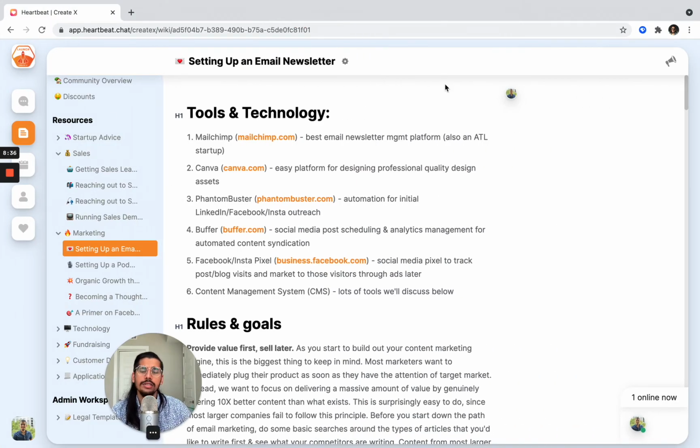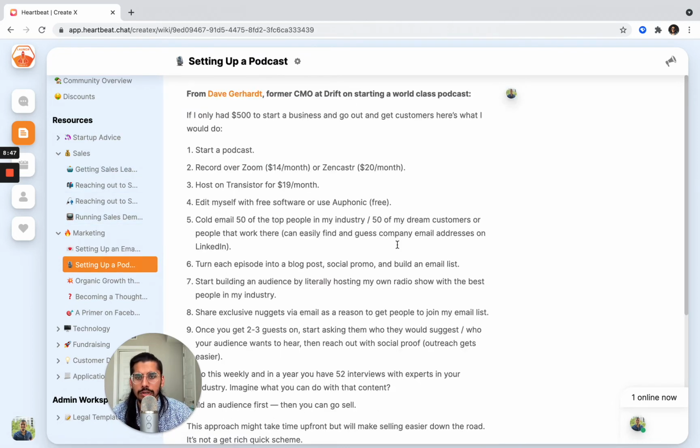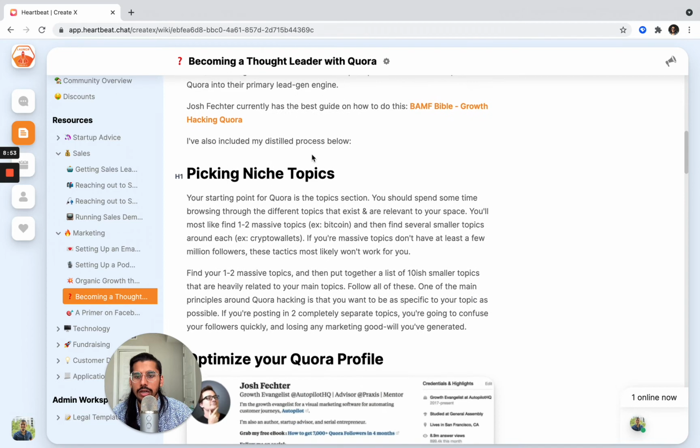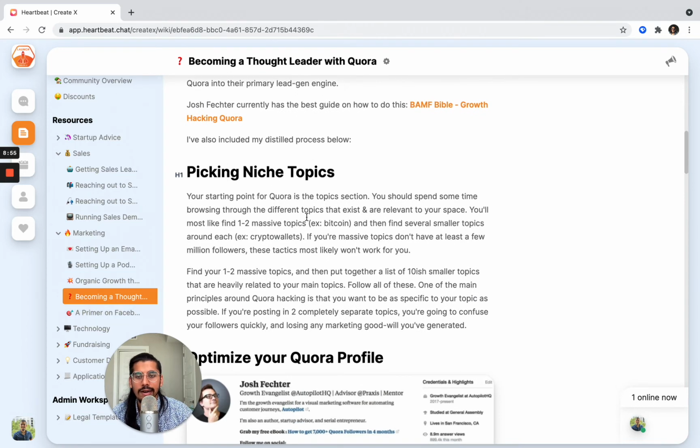This is another community that we've got where they actually use Heartbeat a ton for all of the content management. So you can click on the docs on the left sidebar over here, jump in, create documents, share them with your whole community. And these guys have actually created a bunch of tactical guides for their community that they share and hand out to folks. And so that's how they've used Heartbeat the most.